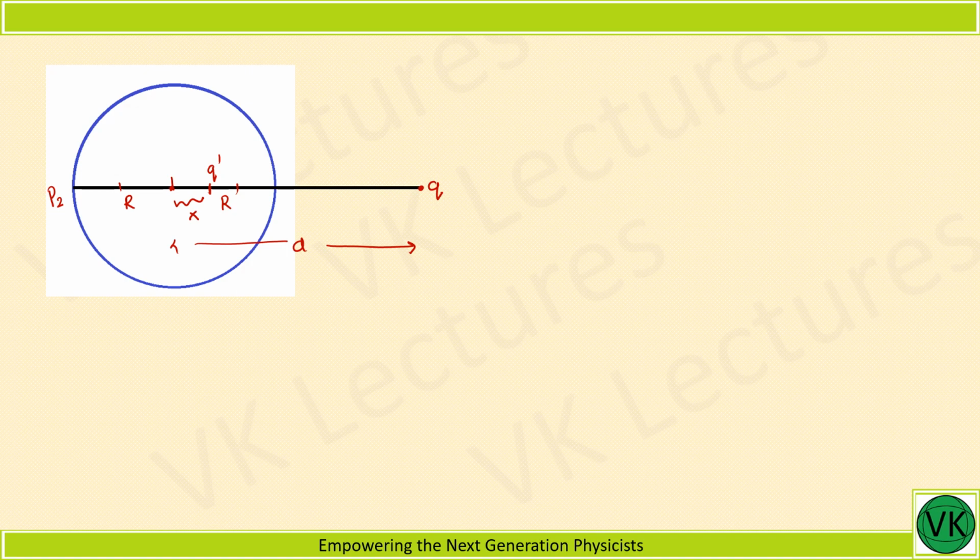Now at point P2 the potential is 0. So this implies that the potential due to Q at point P2 plus the potential due to Q dash at point P2 is 0. That equals kq divided by d plus r